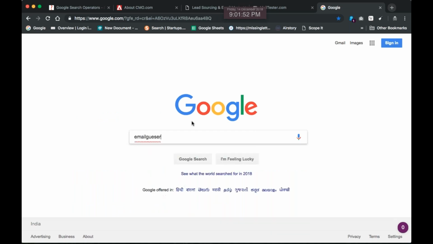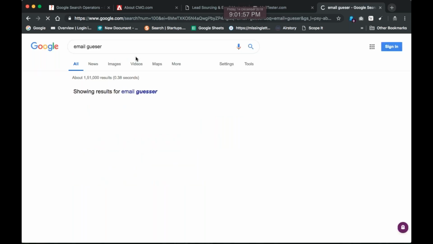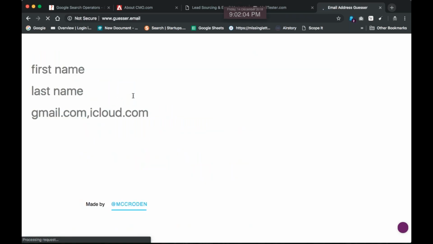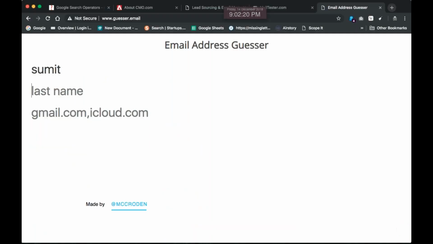email guesser. Okay, email with a double S, guesser. It brings up a particular URL. Can you see that? Email guesser. Pick that up. What it says is, if you know somebody and you know the mailing domain, which means your ground research must have been done, it says please type the person's name. We were looking at Sumit, and we were looking at Singh, and we also said he's coming out of